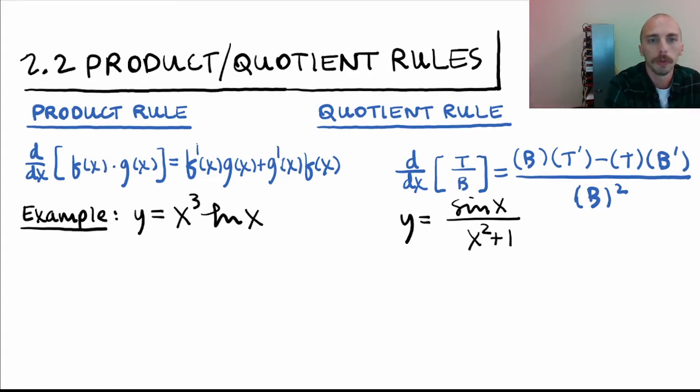All right, so here we've got a couple that are pretty clearly products and quotients. Anytime you see two things multiplied together, both of them have x in them, and you're taking the derivative of that, you've got to use the product rule. So I'm going to go over here and say, if I want to take the derivative of this thing,